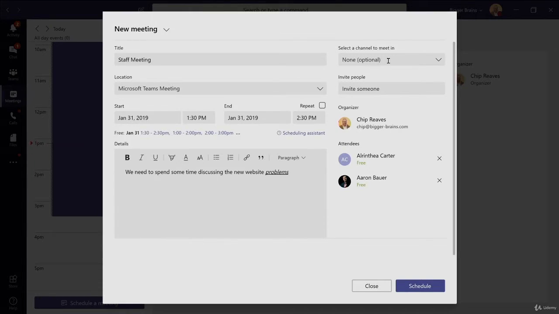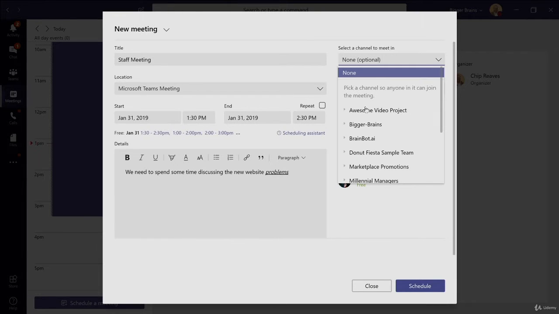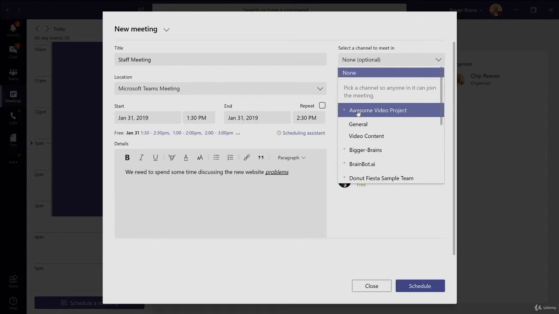But a lot of times we want to have our meeting in a channel because it's not necessarily something confidential we're doing. Maybe we're having a staff meeting and certain people need to be there, so we put them in as attendees, but really anybody who's part of that team could be there. So let's say that's the case, and we want to choose to meet in the Awesome Video Project team and